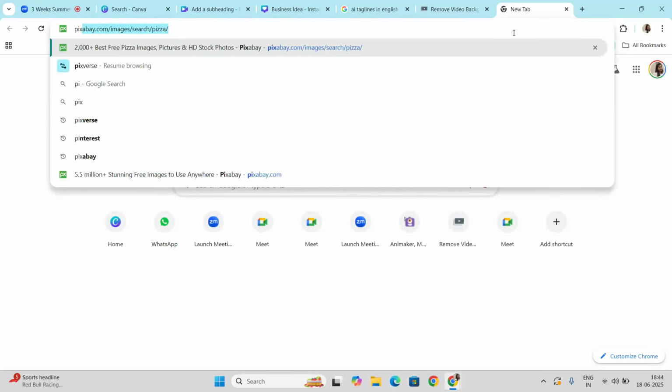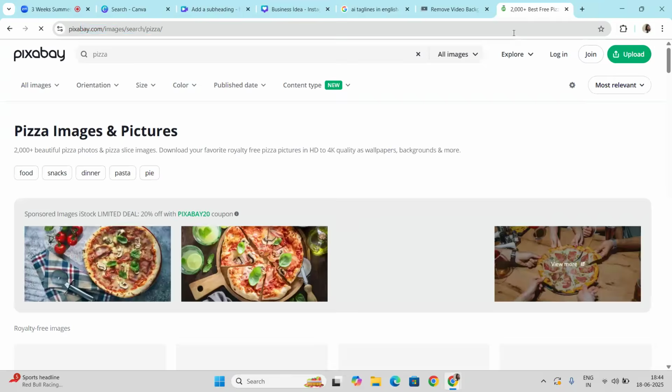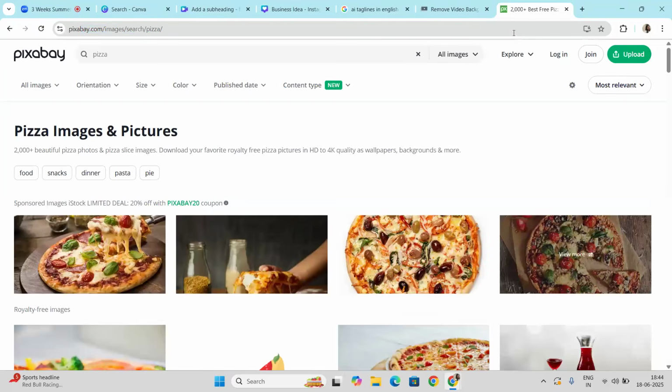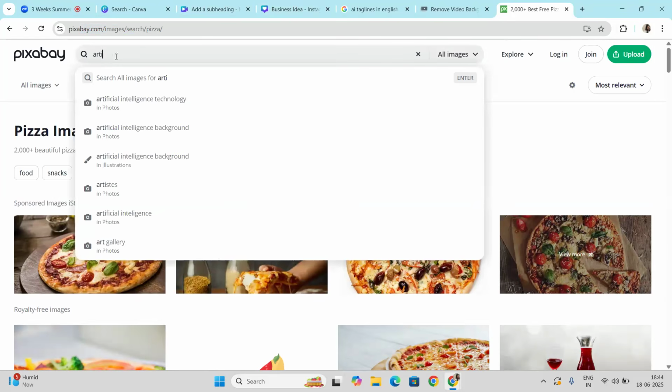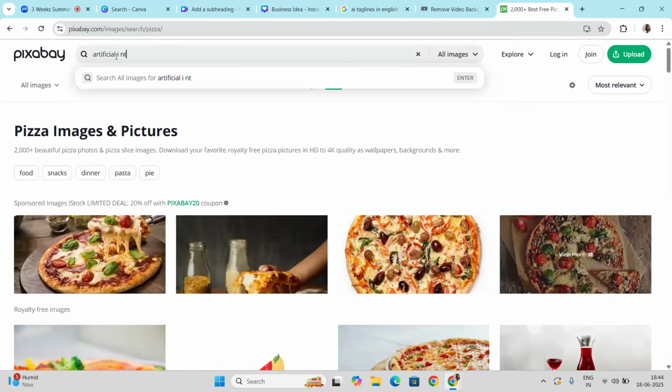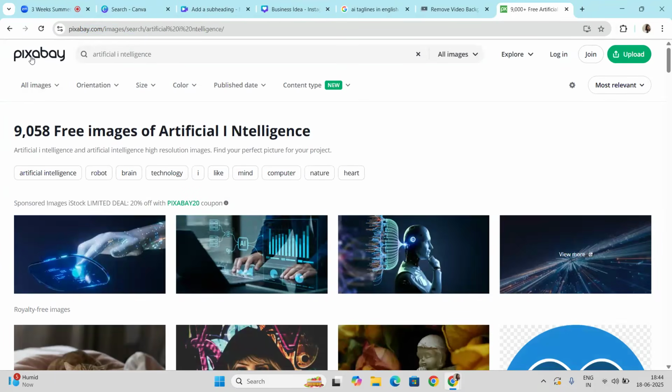In the last class we covered Pixabay and Unsplash for HD videos and HD images. Now I'm going to show you one more thing. I want to take artificial intelligence again right now. I've just written the keyword AI, and in this section you can see Pixabay has all images.